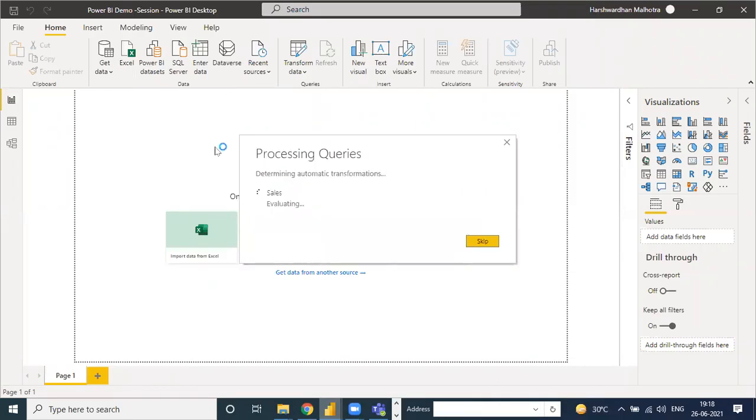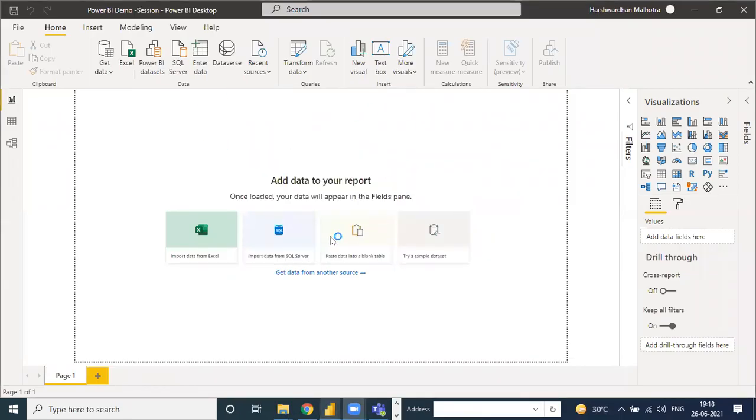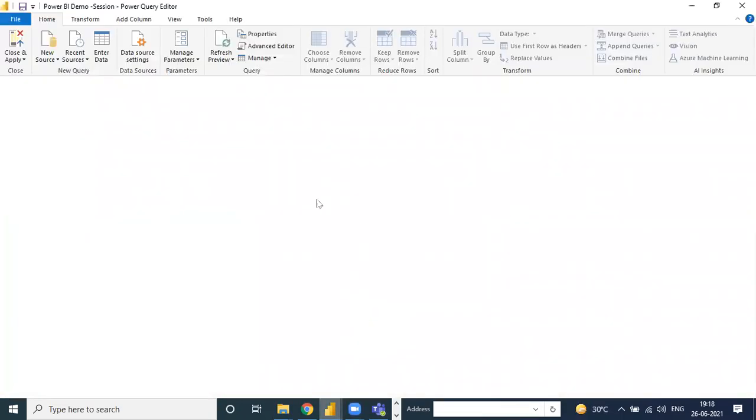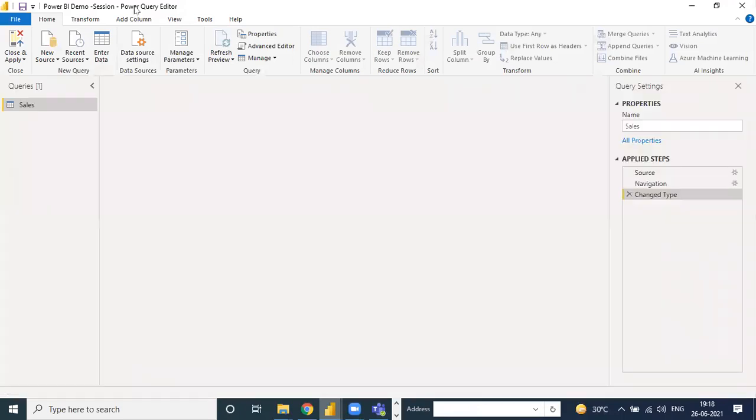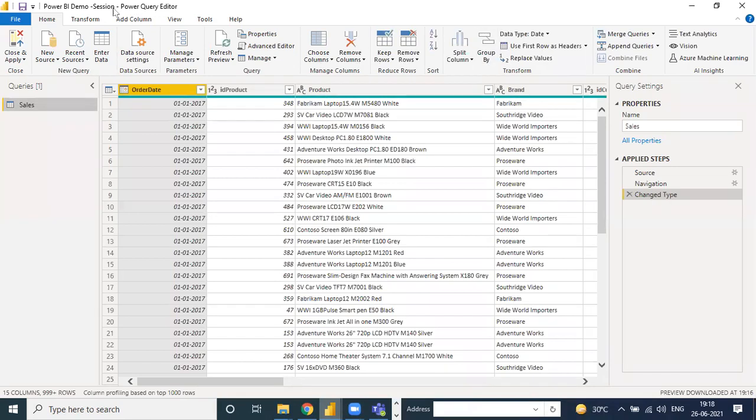So in the transform, once we click, see, a new window opens. It shows Power Query. Okay, the name of this window is Power Query. Suppose my data is not in the correct format, like there is some null column there, then I will remove the null column or make the correction in Power Query, and after that I choose the one option, close and apply. Then my data is connected into the Power BI desktop.